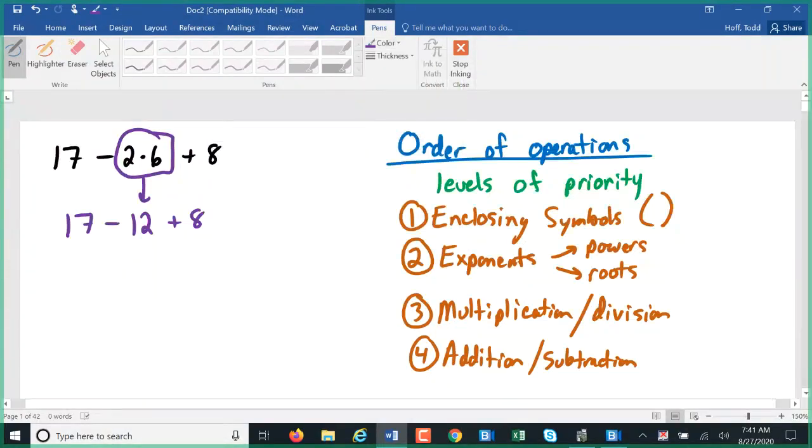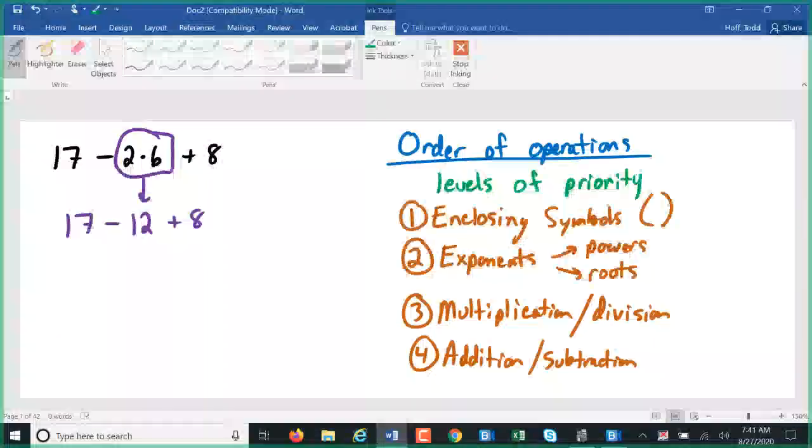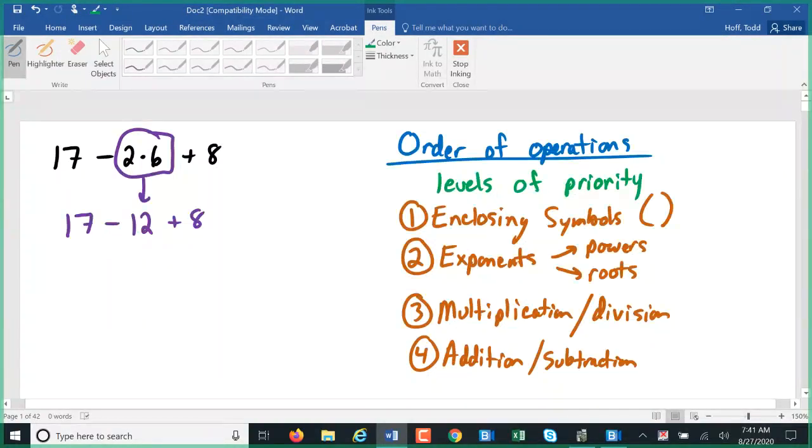Now our next step, then, there's no more multiplication. We're down to the lowest level of priority. There is both addition and subtraction, so when that occurs, where we have 2 items in the same level of priority,